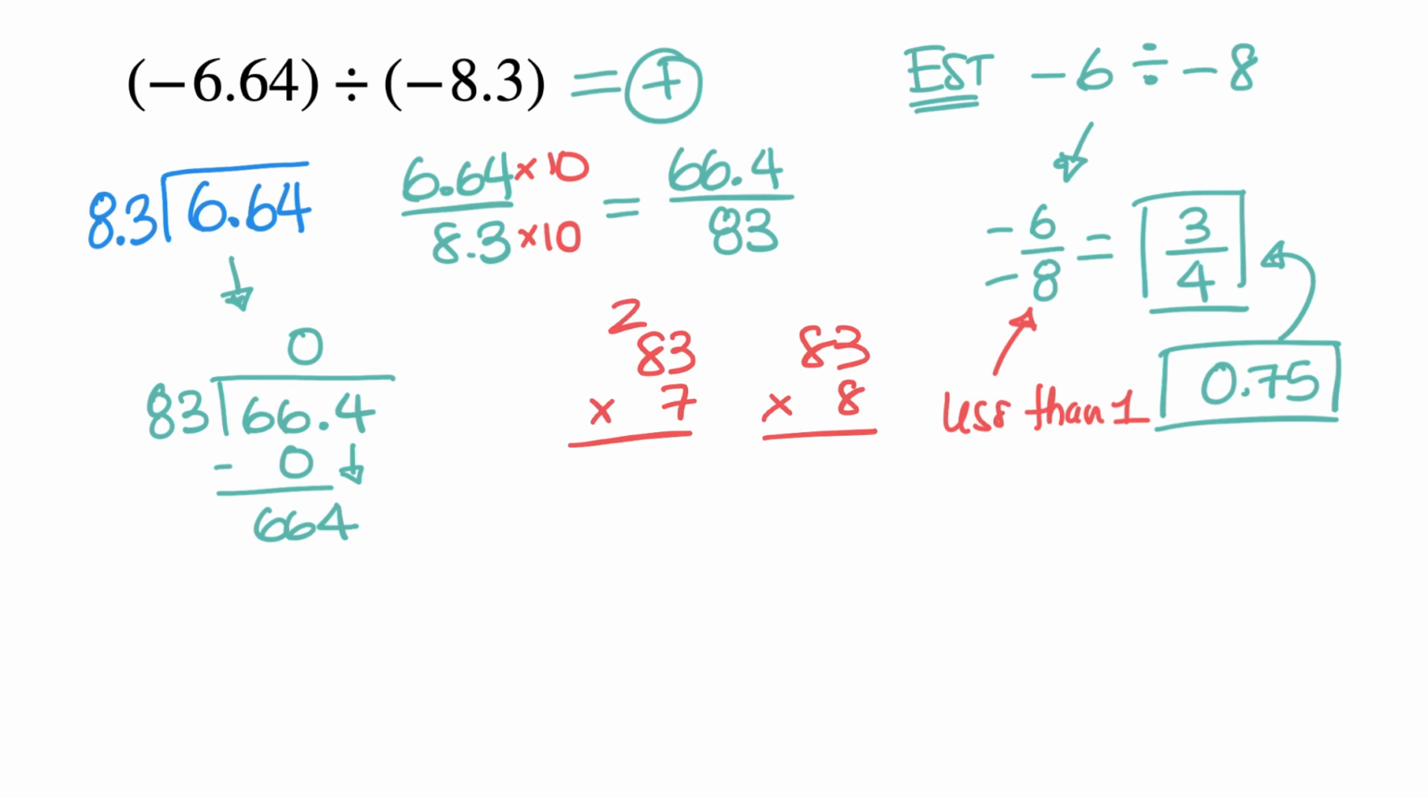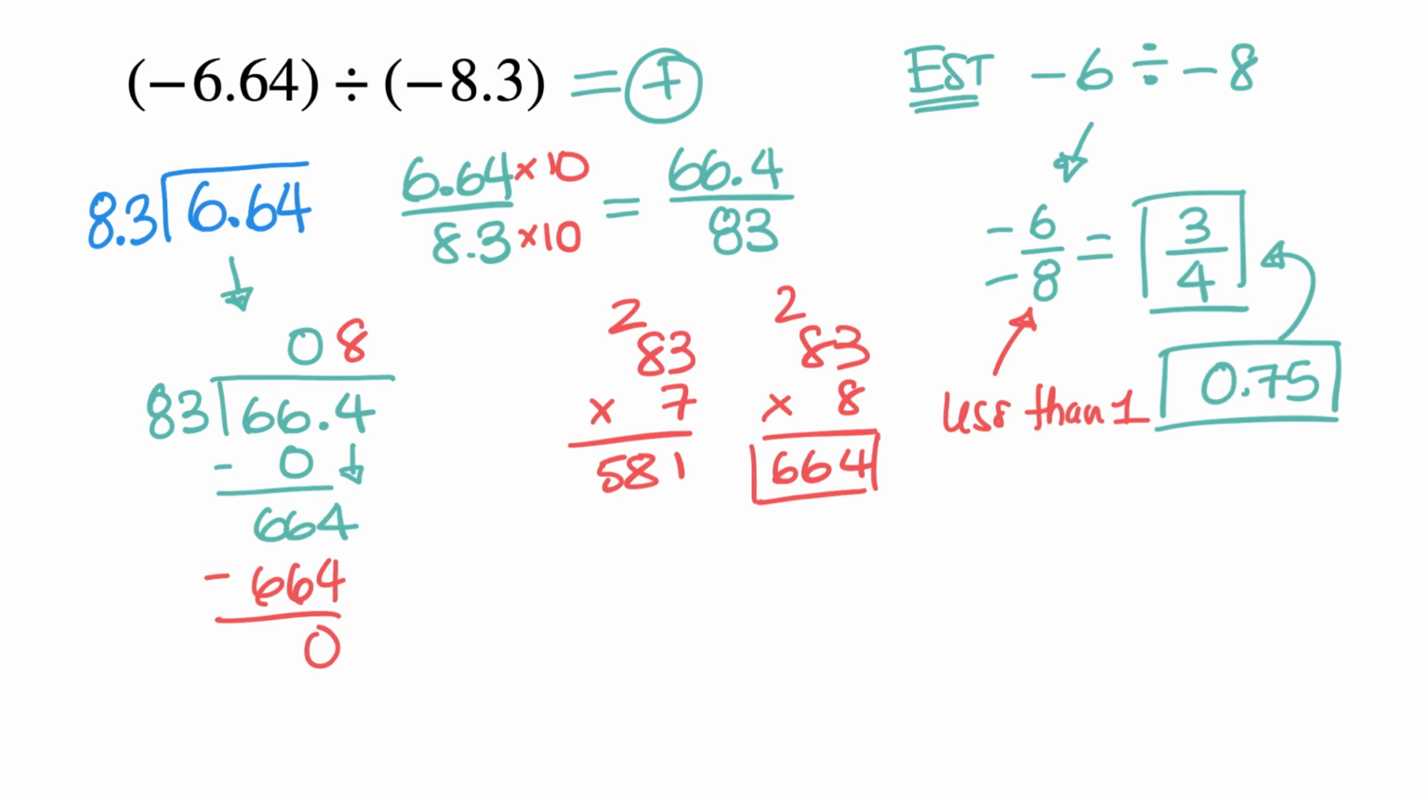3 and 7 make 21. 8 and 7 make 56 plus 2 is 58. 3 and 8 here make 24. 8 and 8 make 64 plus 2, which is 66. So if we look at that perfectly, 8 times. So it's going to be an 8 here, and then 8 times 83 is 664, and I subtract,